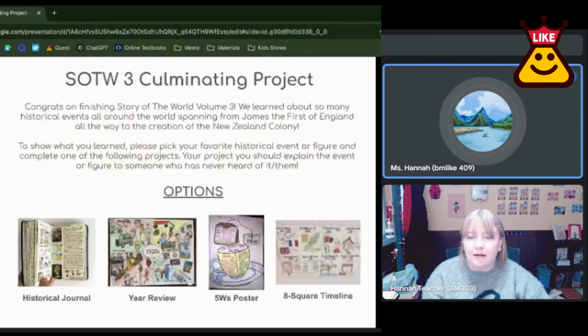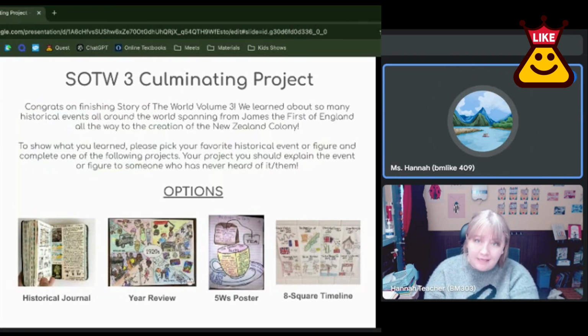Now, this is a summary of all 4 of your options. You need to pick one option, complete the activity, and then make a PPT that you can share to show